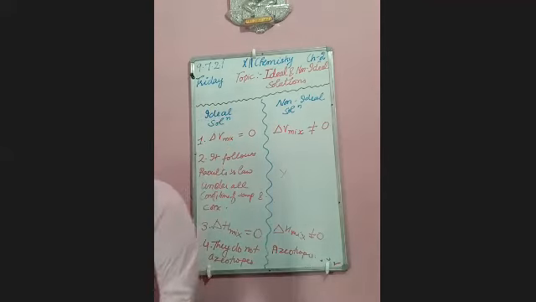Okay. So, I hope it is clear to you? The examples are benzene plus toluene, normal hexane plus normal heptane, chlorobenzene plus bromobenzene. They are examples of ideal solutions. And the examples of non-ideal solutions are ethanol in water, carbon disulfide in acetone, HCl in water, hydrogen iodide in water. These are examples of non-ideal solutions. Is there any doubt here?